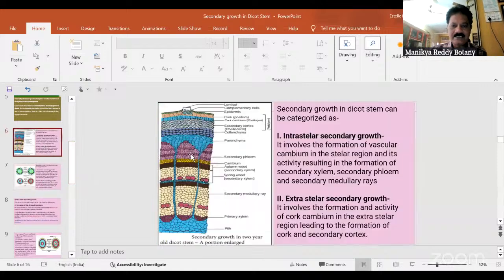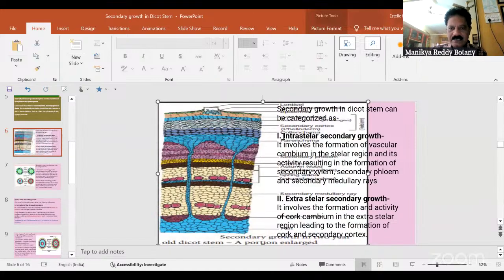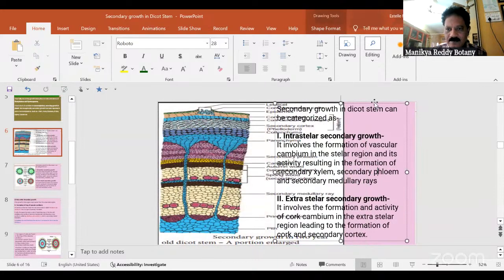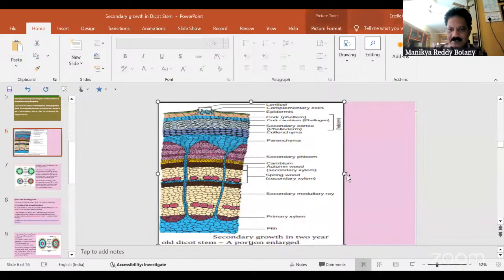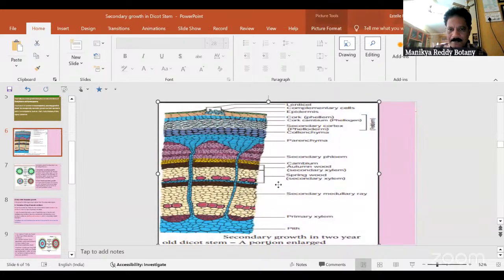See here in detailed structure, you can see this. So this is secondary growth. So in 2 years, such type of tissues are seen here. Let me check. See, this is a strip of cambium seen here. This yellow color strip is